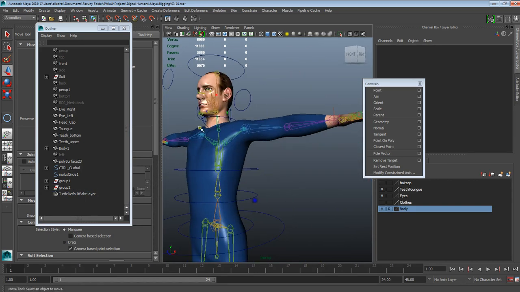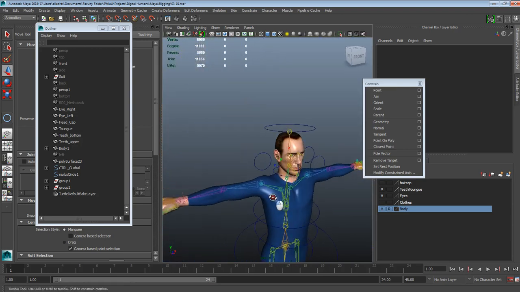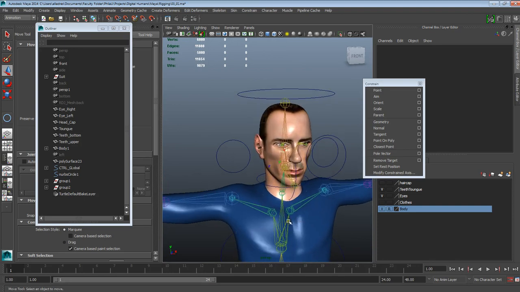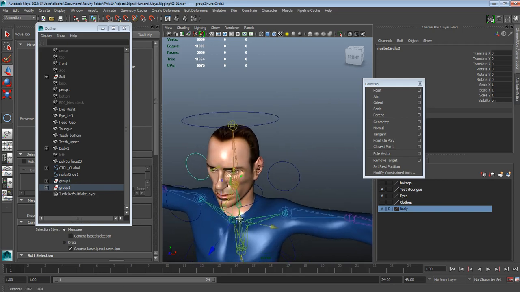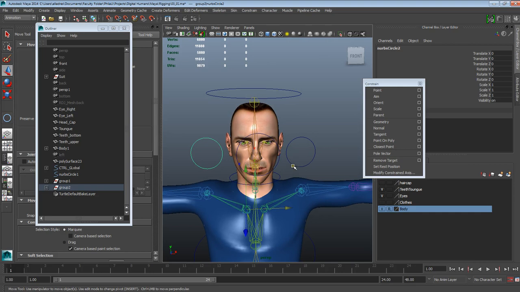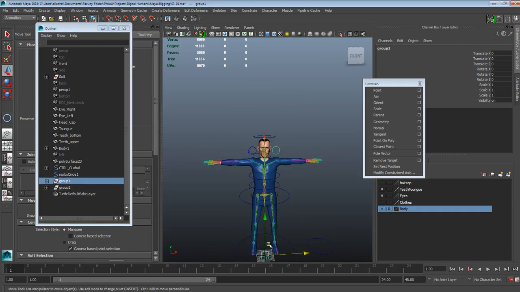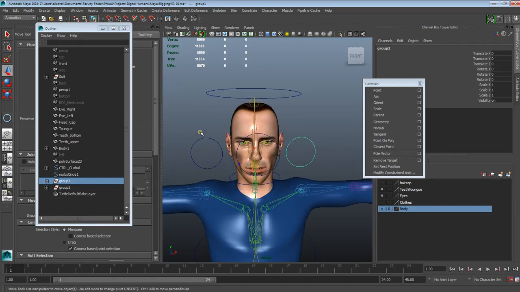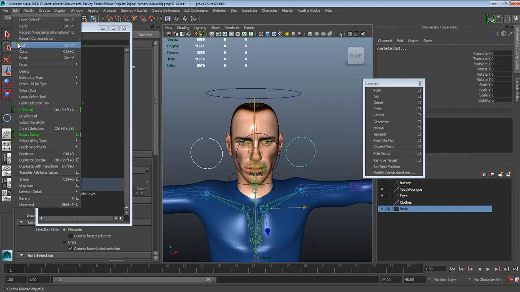Okay, so now I've mirrored this control on the other side, and as long as everything's mirrored correctly, it's in the same exact position as the other one, and it's sharing a similar pivot as far as the location of it. But I only group them so I can have access to this 0, 0, 0 pivot. Now that they are where they need to be, I can select them both and go ahead and ungroup them. So let's just ungroup,